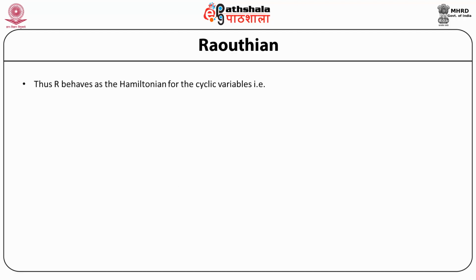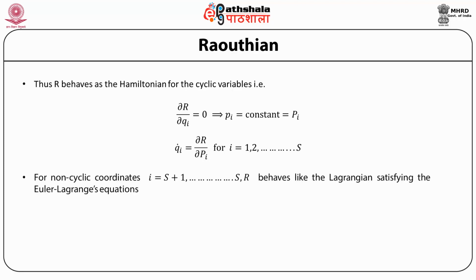Thus, the Routhian which we have defined behaves as the Hamiltonian for the cyclic variables. This is an important result. That is, dR by dqi is equal to 0, which is equal to pi dot, which means pi is a constant, and qi dot is equal to dR by dpi for i equal to 1 to s. So R, the Routhian, behaves like a Hamiltonian for the cyclic variables,